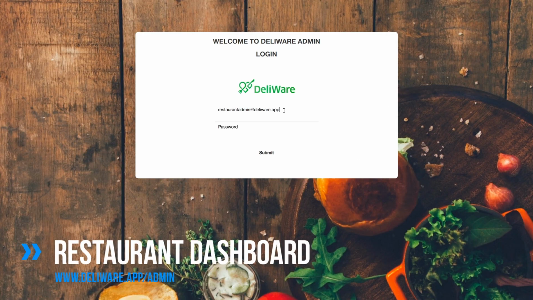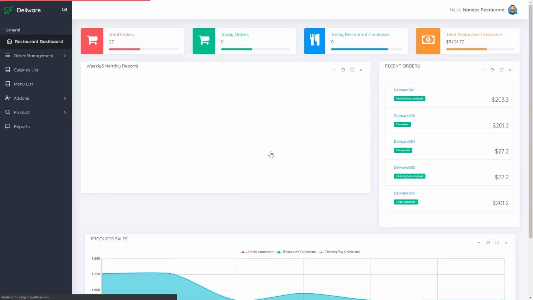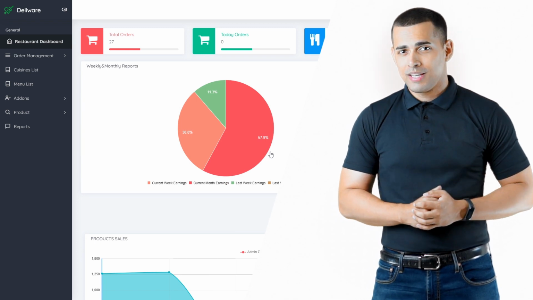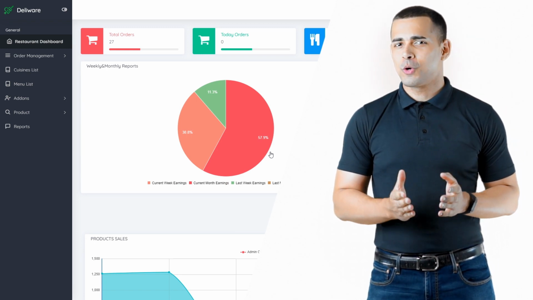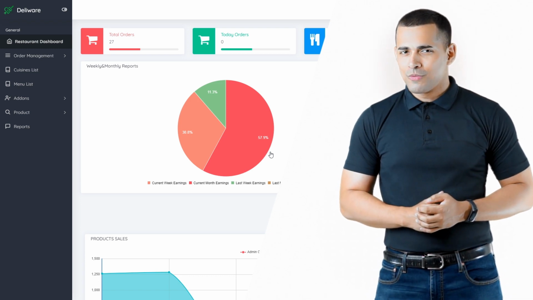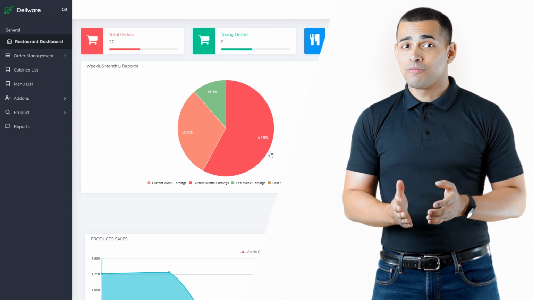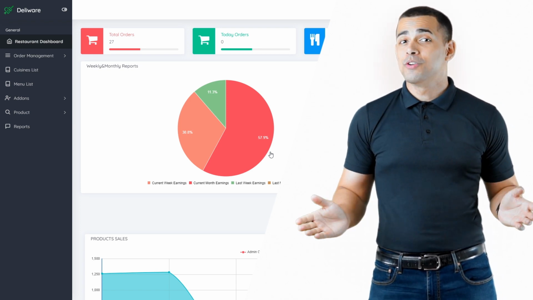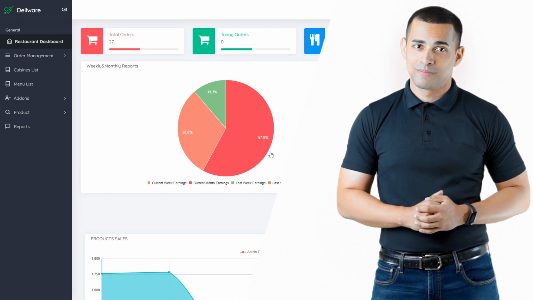After being enlisted as a partner restaurant, you will provide them with access to this dashboard. Login details are the same as the Restaurant Manager app, and a lot of functionality is also common between the restaurant app and the dashboard. But while the app allows quick access for managers to process orders, the dashboard offers more control for restaurant owners.